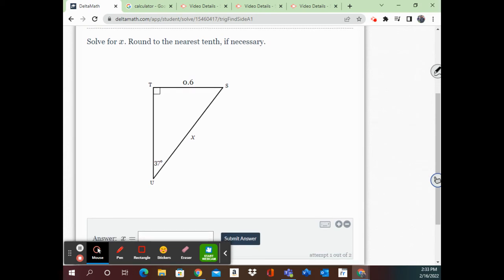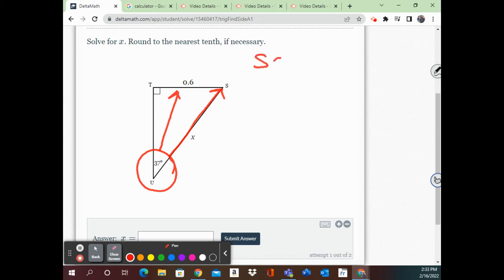So here what we want to do, we want to use our information based upon our trig functions that we have found. So in here, we see we have an angle measurement, right? So I want to use that angle. So here I notice I have opposite and I have hypotenuse. So the trig function that deals with opposite over hypotenuse would be sine function, right? Sine, so sine over hypotenuse, right? So I'm going to do sine of my angle, which is 37, and that is equal to